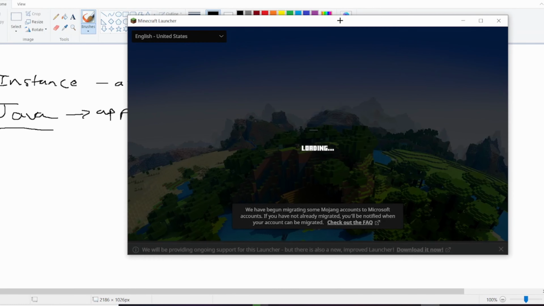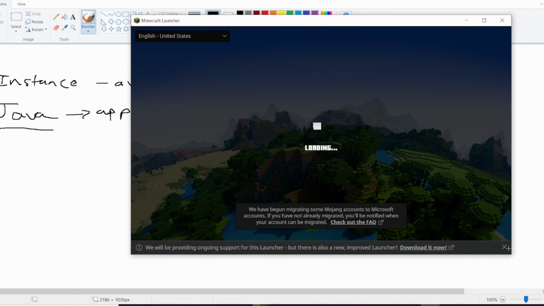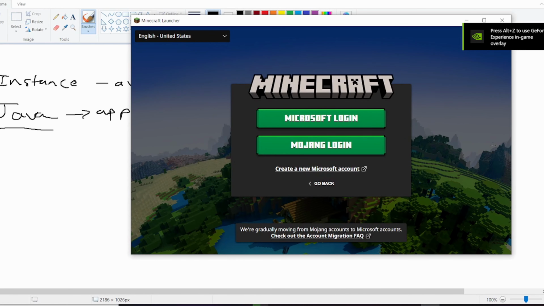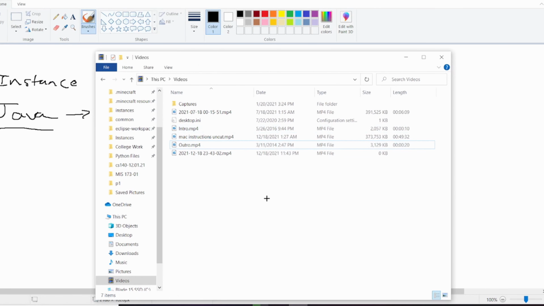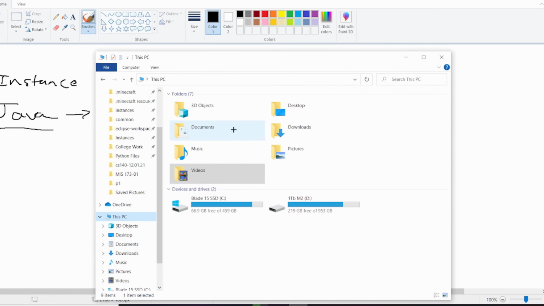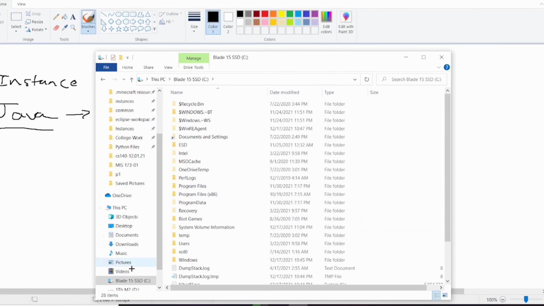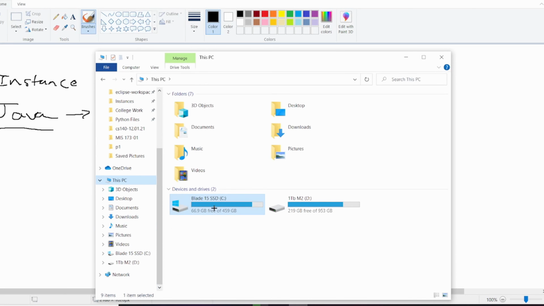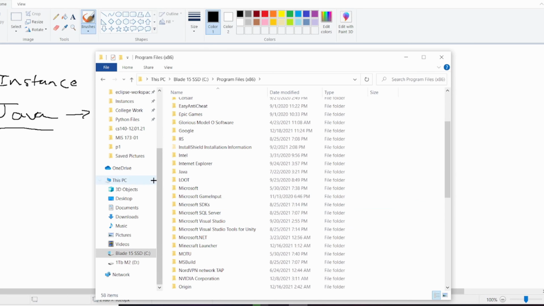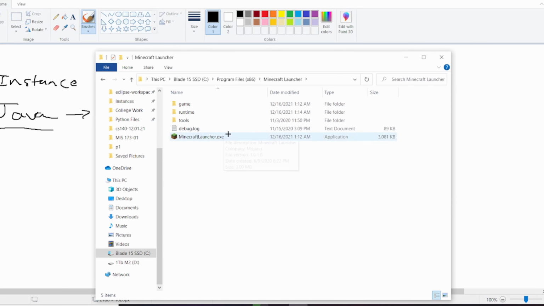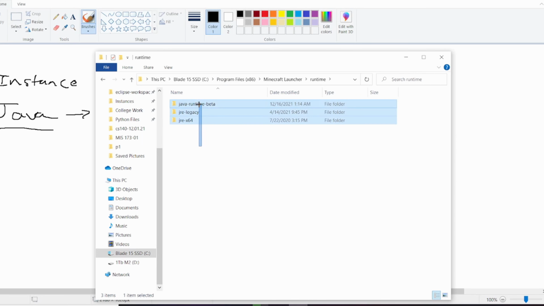There's the launcher. All right. So this launcher will have the versions of Java you need available to you upon launch. So we can find that version of Java that the launcher is using. If we just go to our PC, you go to the drive that the Minecraft is stored on. So for me, it's the C drive. It's in Program Files x86, and go to Minecraft launcher, runtime, and then here are the 3 versions of